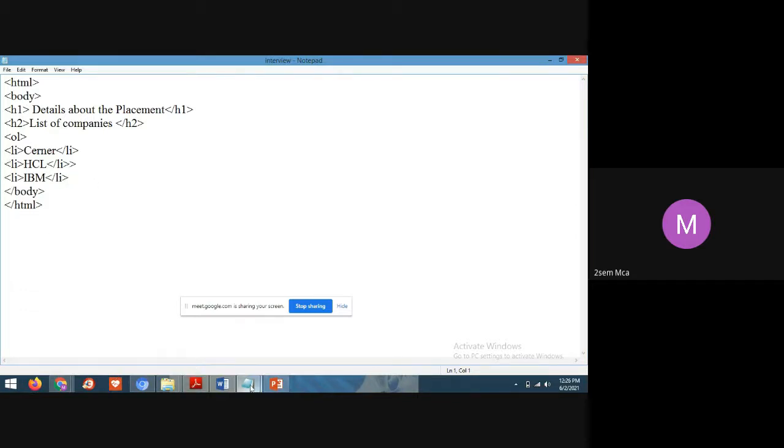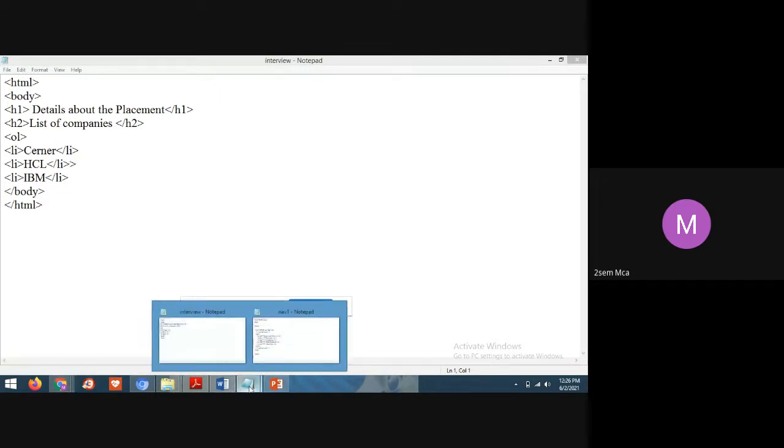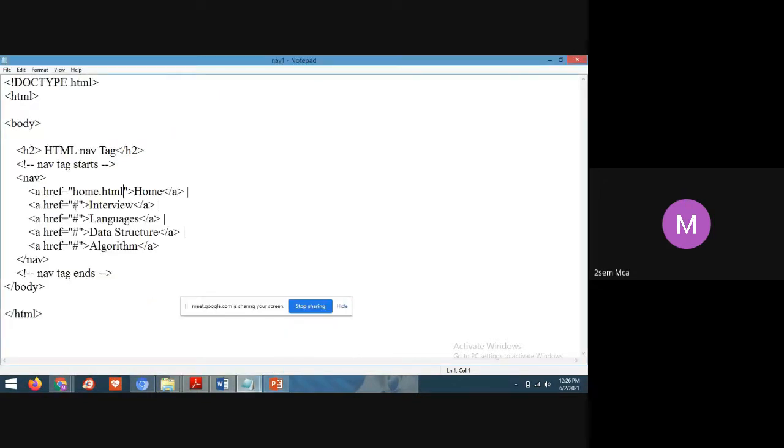Some mistake I have done. So we'll see whether I'll get the output. What mistake I have done, students? I have saved the file, but still I will not get the output. So why?